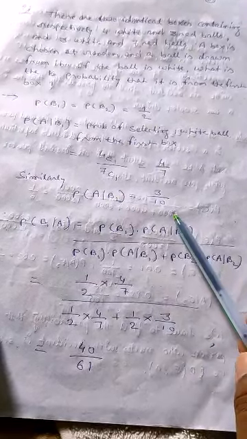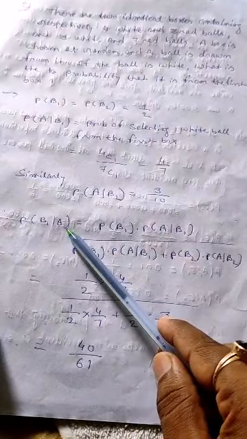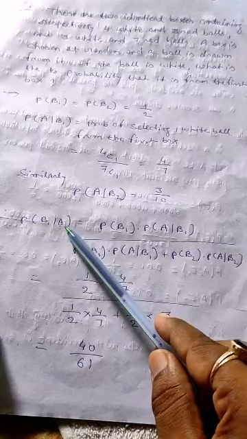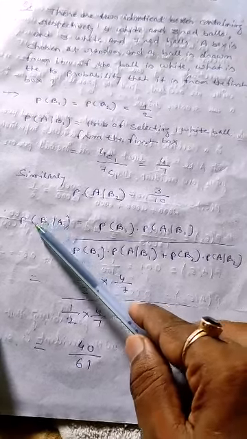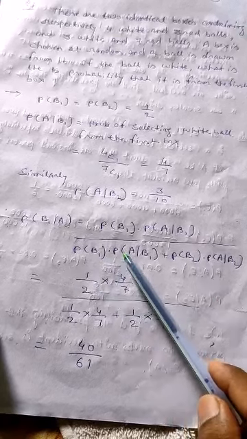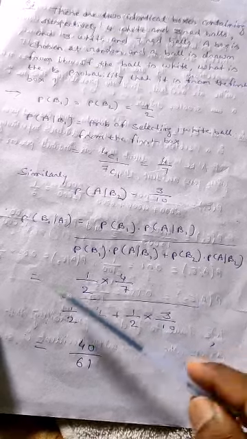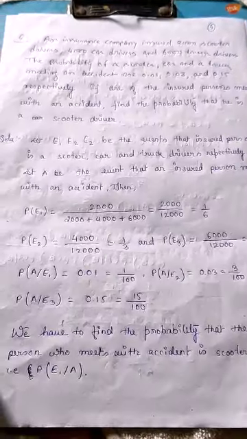Now what do we have to find? We have to find that the bag must be B1 and the ball must be white, that is, we have to find P(B1/A). The bag is B1, the first bag, and the ball must be white. So see what I have written here: P(B1) into P(A/B1) as earlier, P(B1) into P(A/B1) plus P(B2) into P(A/B2). And simply putting in all the values, we will get the required result. So this is similar to the first question. Let us see another sum.